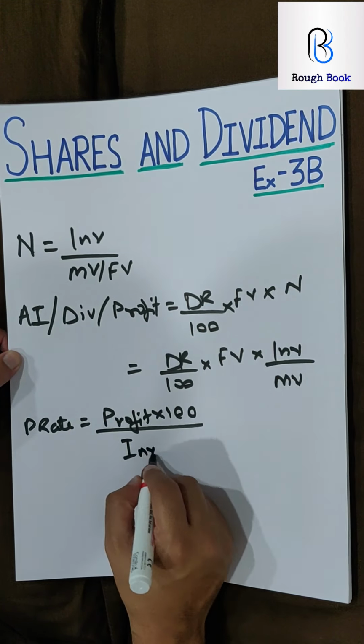Two methods. First method is a logical method. Dividend rate is decided by whom? Obviously the company. Who decides the face value? Company. So both are decided by the company. Profit return, who gets it? The shareholder. And market value, who decides? Obviously the shareholder. So these both are shareholders' and these both are the company's. That's why they are on either side. That's one method to remember.